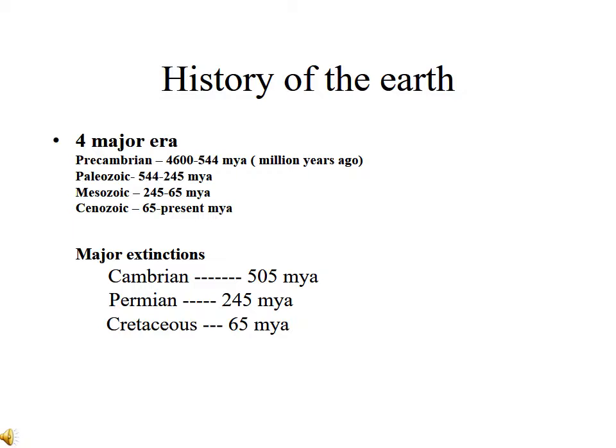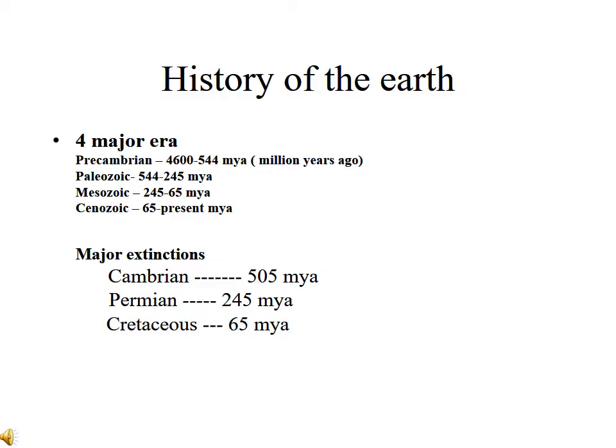Now, many of these eras, as scientists break them down, often were divided by major extinctions. We have, first of all, going back 500 million years ago, the Cambrian extinction. We have the Permian extinction that took place 245 million years ago. And we have perhaps one of the more interesting ones, the Cretaceous extinction, which basically wiped out the dinosaurs and